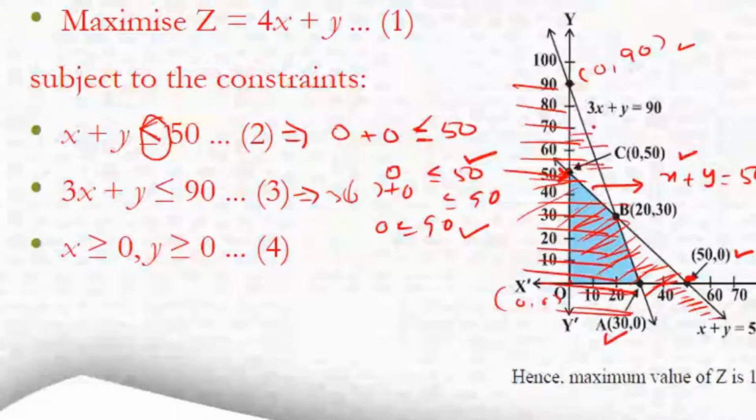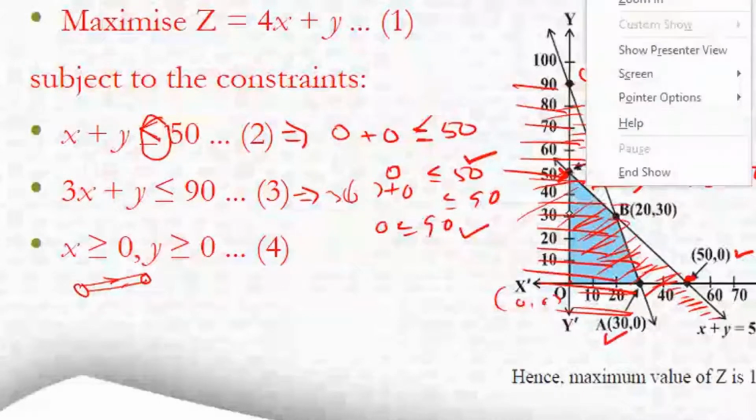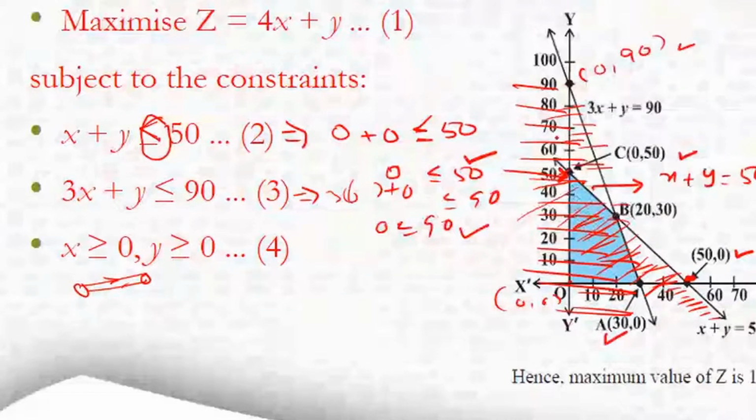Okay. Now look at that. When you're shading these two things, now x greater than or equal to 0. If you put 0 greater than or equal to 0, you see that this side is coming. So it is not correct. Greater than or equal to 0 means you should take only the upper side. When I want to take the upper side only, remove this part. So we want x greater than or equal to 0 on this side.